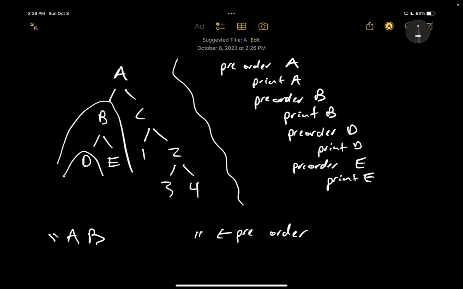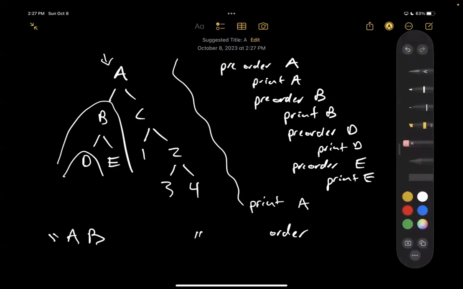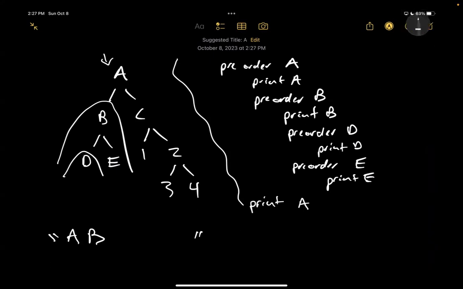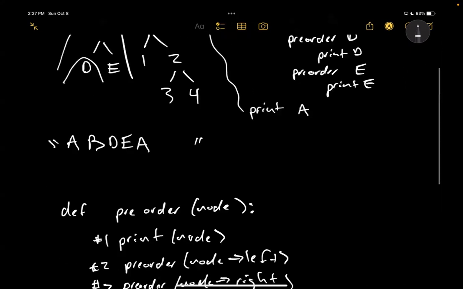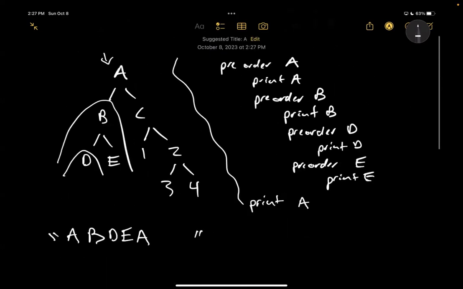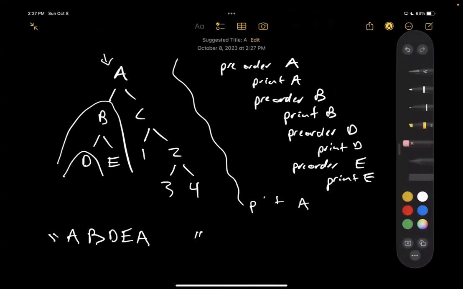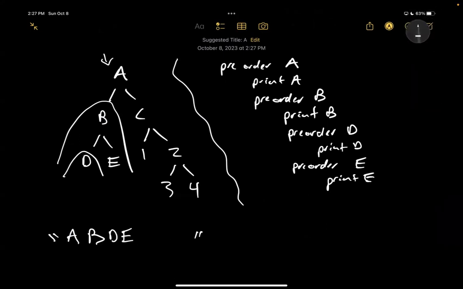Now that we've done pre-order for B, we can print A. So print A, and out of consistency, let me go ahead and add the nodes we printed. So we printed A, printed B, printed D, printed E, and then after printing A, we already printed A. I'm so sorry. I'm totally tripping. So now we do pre-order on C,